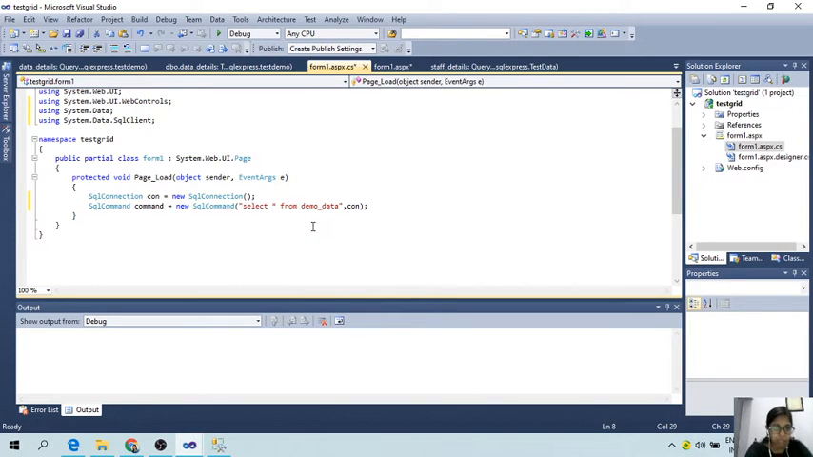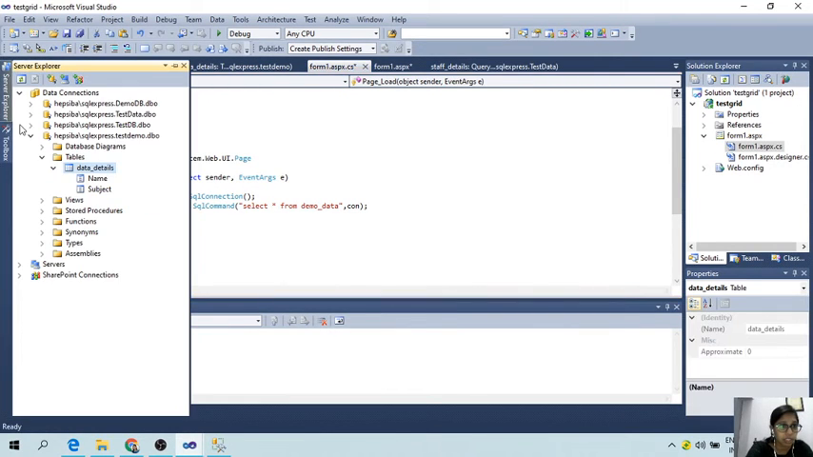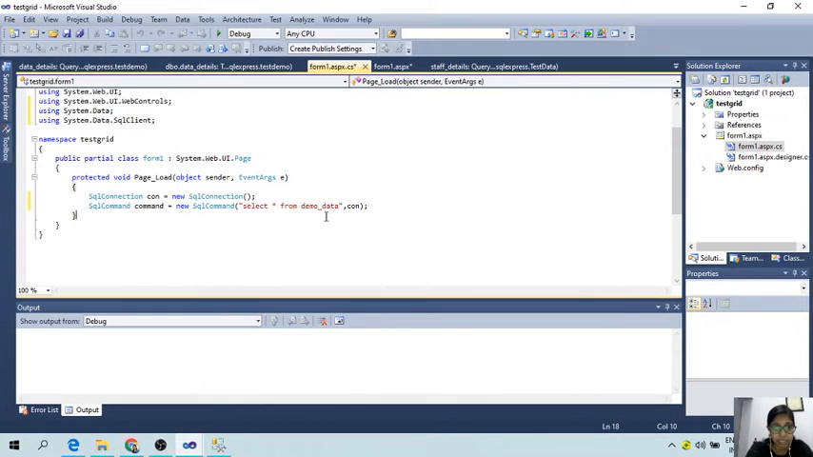Here I have created, what is the name I have given? Let's change the name to data_details. Here the table name is data_details. Okay. Now after making a command, after writing the SQL query, we must